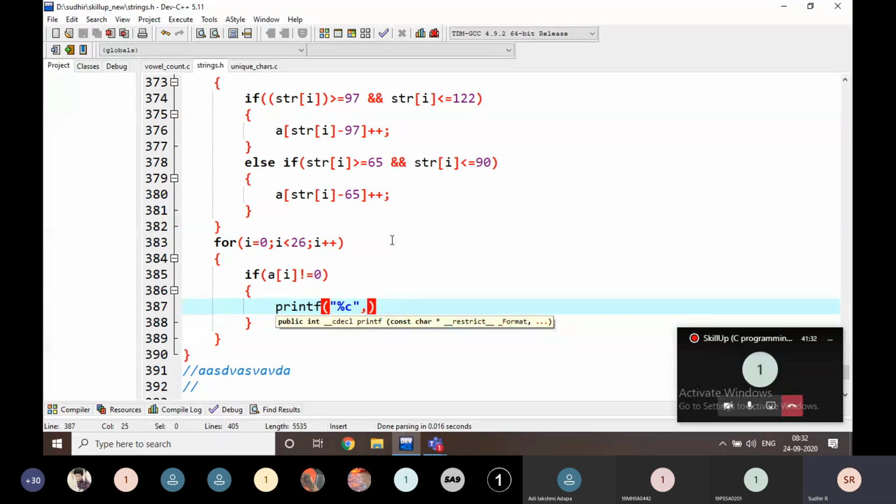How am I going to print it? It is percentage c, a of i plus 65. For example, I'm going to execute it.